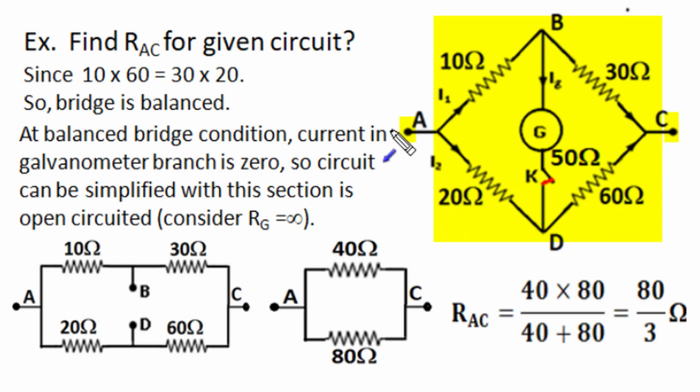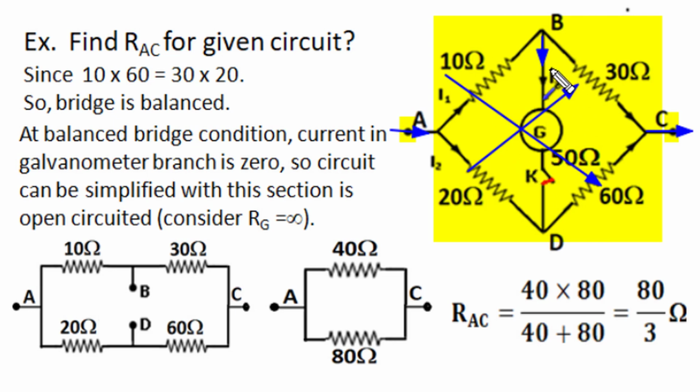So let's apply a battery with positive terminal at A and negative terminal at C. Now the other two terminals B and D could be current sensing galvanometer branch, and in balance condition there won't be any current in this 50 ohm section, provided the product of opposite side resistances, not adjacent but opposite. 10 ohm, 20 ohm and 30 ohm are adjacent resistances, and this 60 ohm is opposite resistance. So the product of 10 with 60 and 20 ohm with 30 ohm is the same. That means this bridge circuit is balanced bridge, and in balance condition there won't be any current flow in this